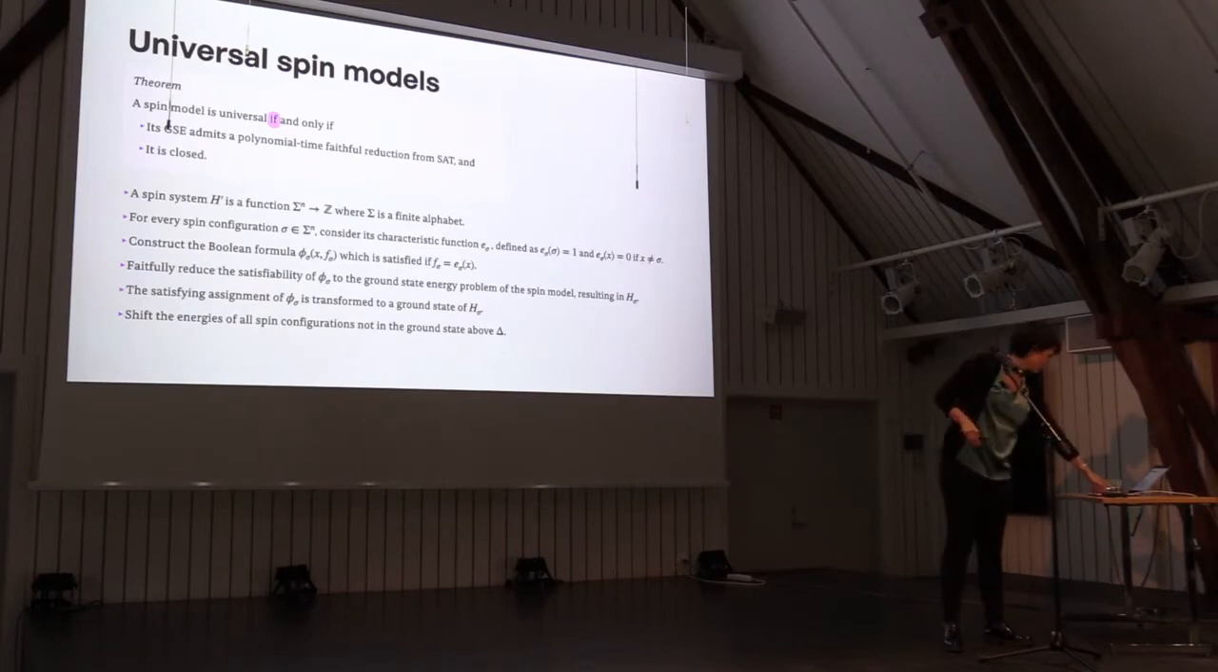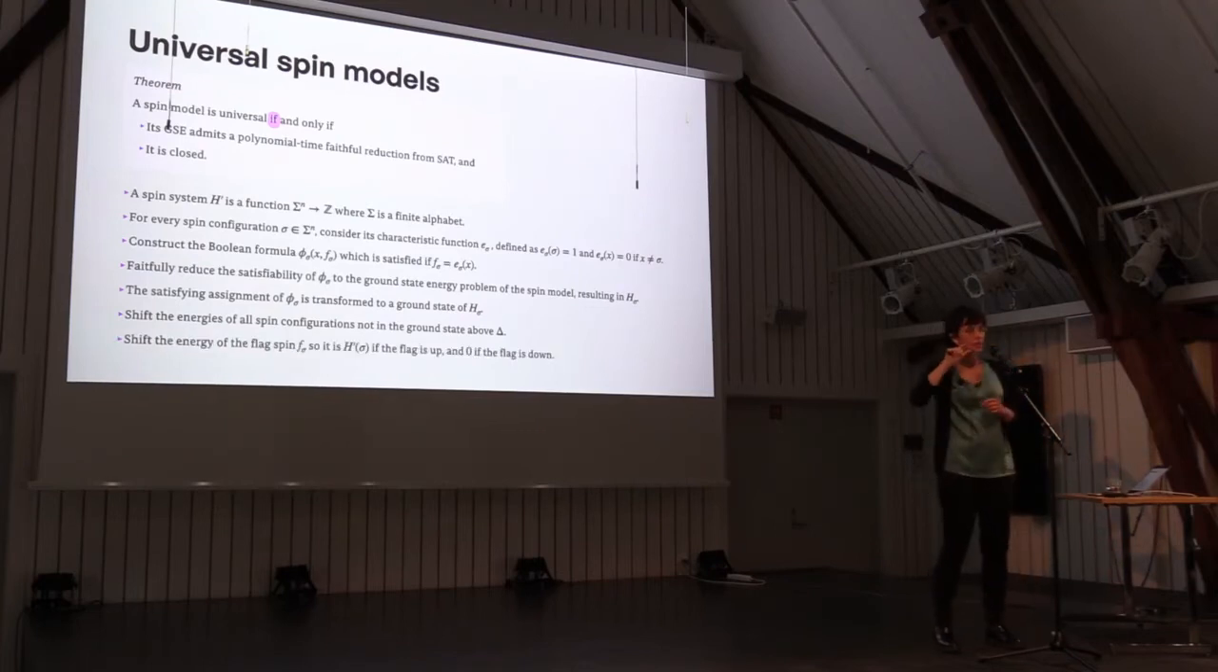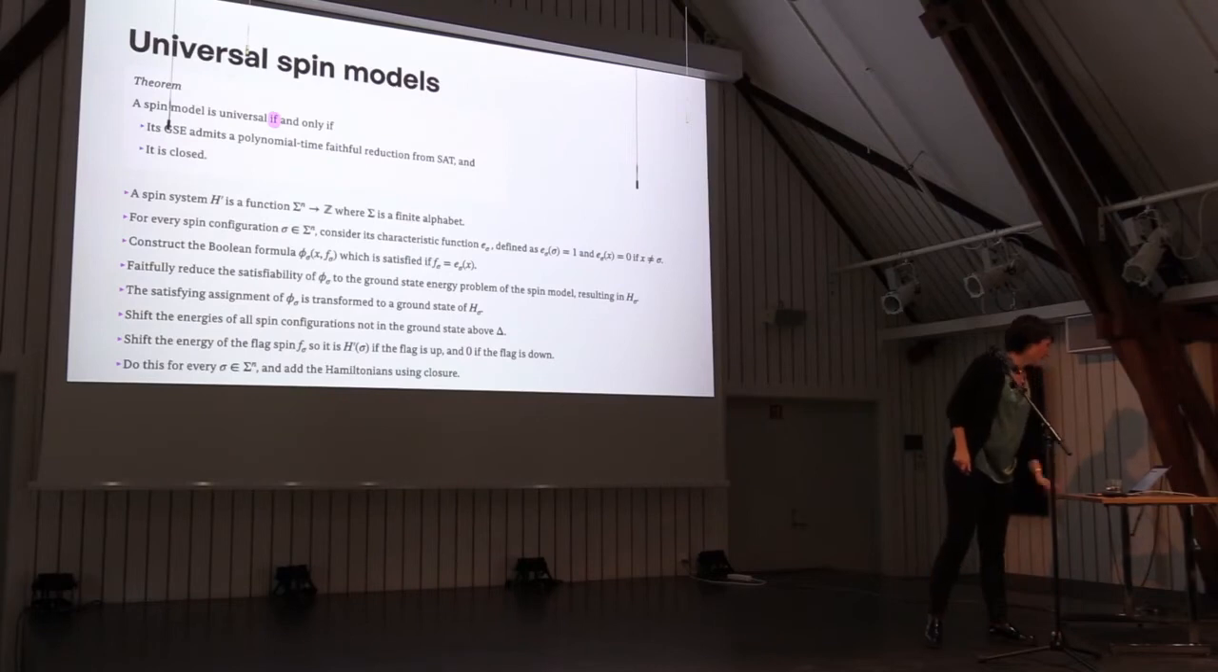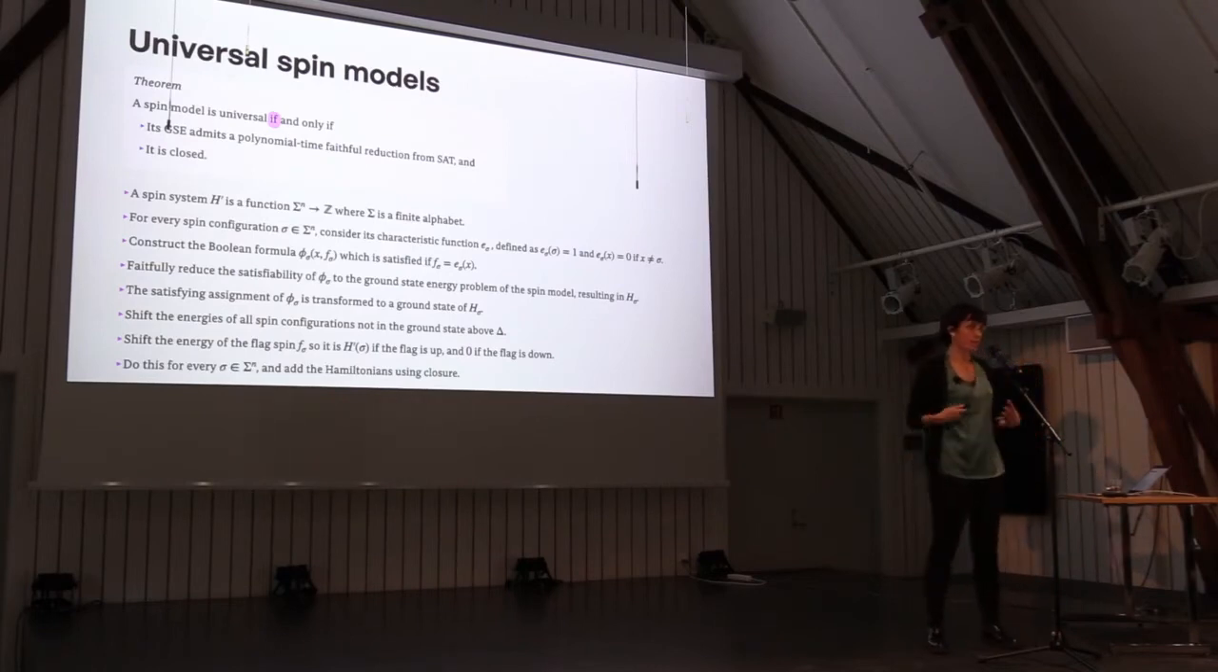Yeah, that's what I just said. And then finally, tune the energy of this local flux spin so that when the flux spin is in 0, its energy is 0. But when the flux spin is 1, the energy is precisely h prime of sigma. That's the energy of the target model, of the target spin system in state sigma. Okay, and do this for every element of the domain, sigma, for every spin configuration, and now add the Hamiltonians